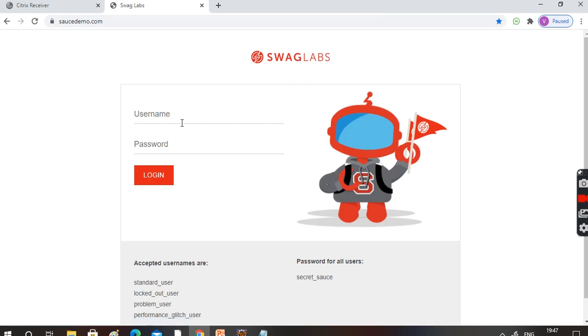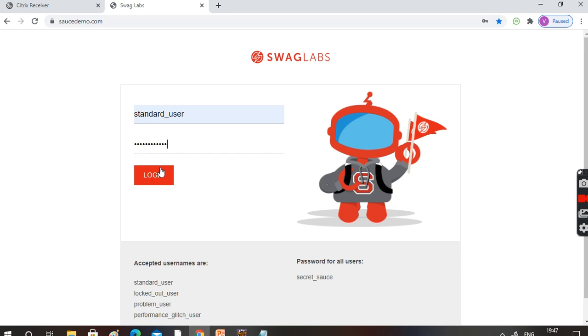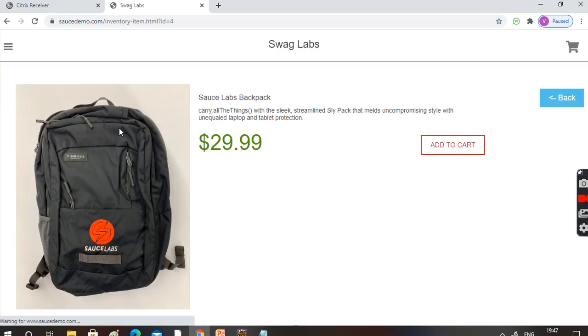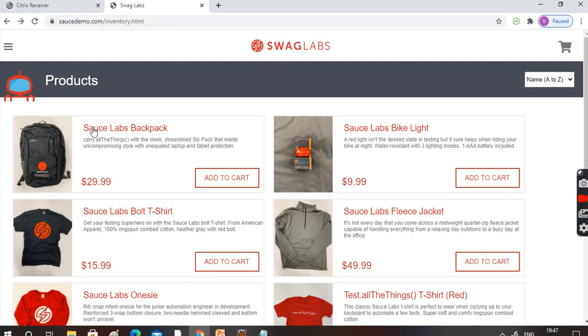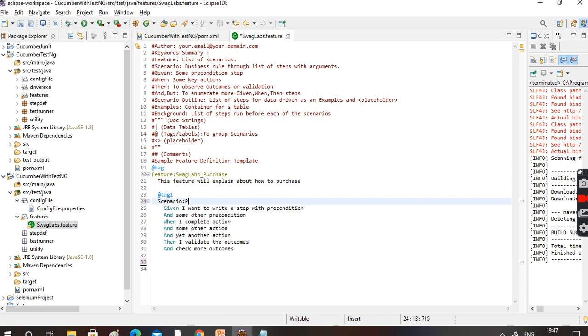I am going to purchase this one, the Swag Labs bag. Just take the name. Purchase Swag Lab bag.